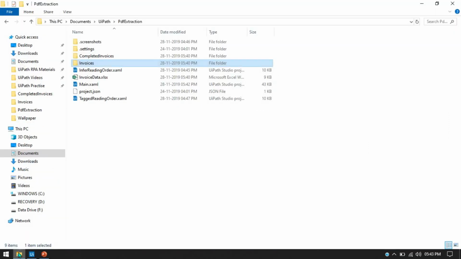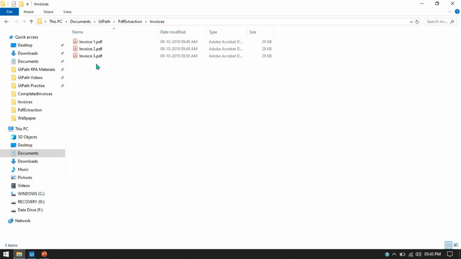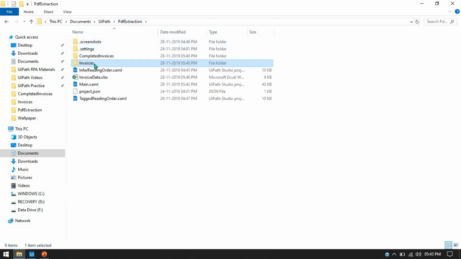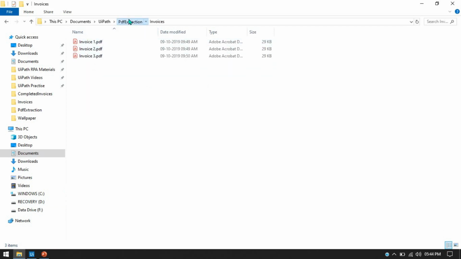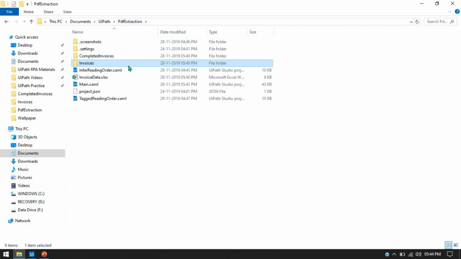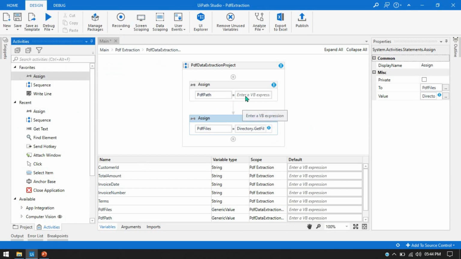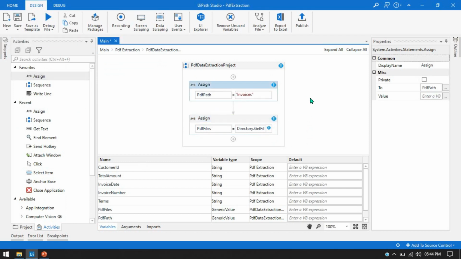Currently we have the files available in this folder. If this PDF files folder is inside the project folder, the PDF extraction project folder, then we can just copy this name,